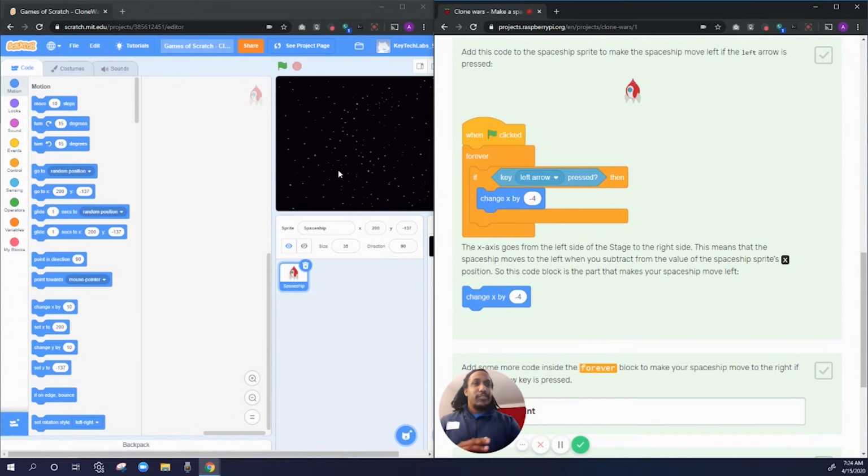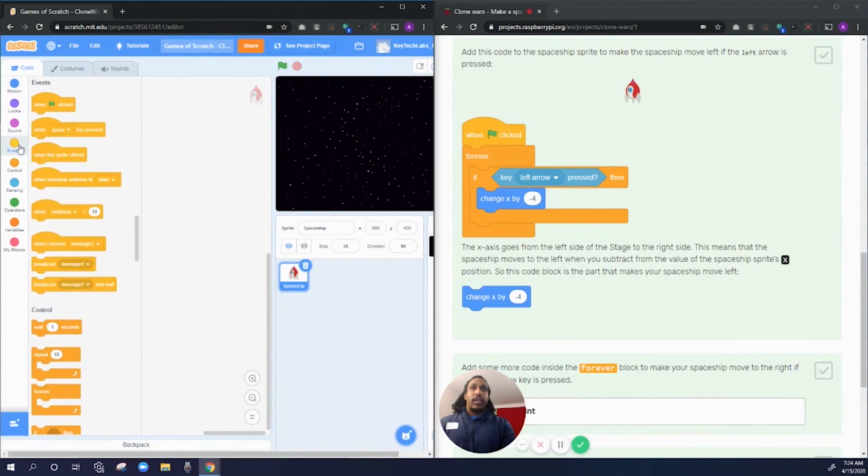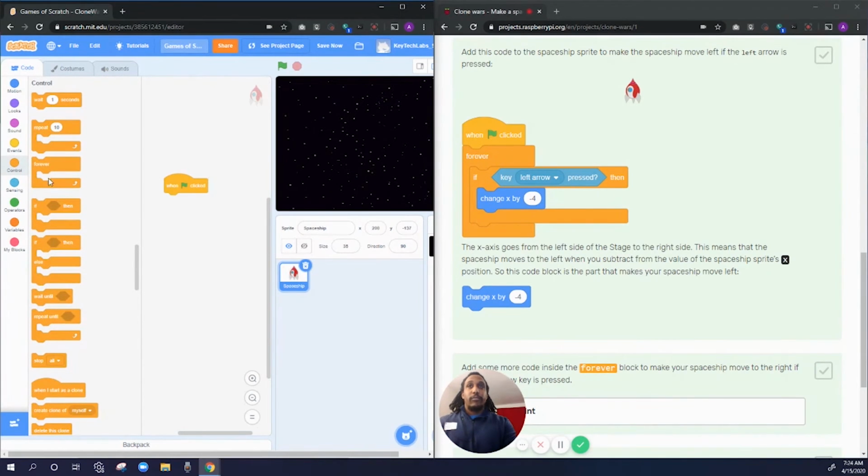I'm pretty sure everybody's familiar with this, but the key factor is you go to events and you grab an event block, which is going to be the start of your instructions. This says when flag clicked, which means that when you click the flag up in the corner of your stage, something after that will happen. In this case, we want to move left and right using the keys, and we want to do that continuously. So we're going to throw in a forever loop,